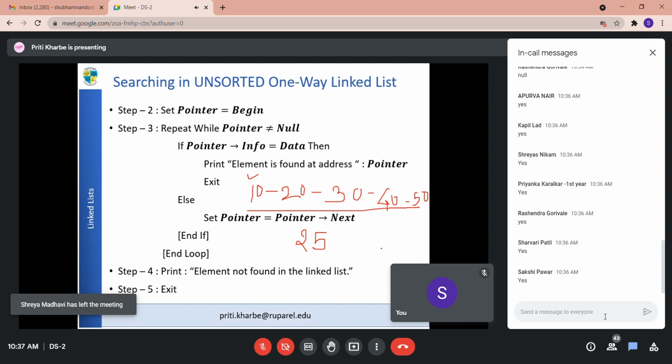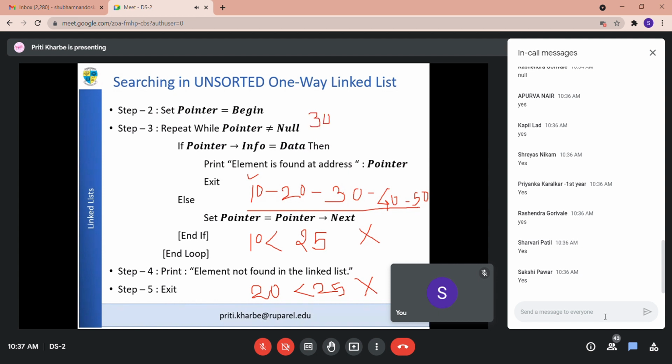Compare 25: your 10 is less than 25, no match. So move to the next. Now the next element is 20, so 20 is less than 25, no match. Move to the next. Now 30. Now 30 is greater than 25, and you know that this linked list is sorted.